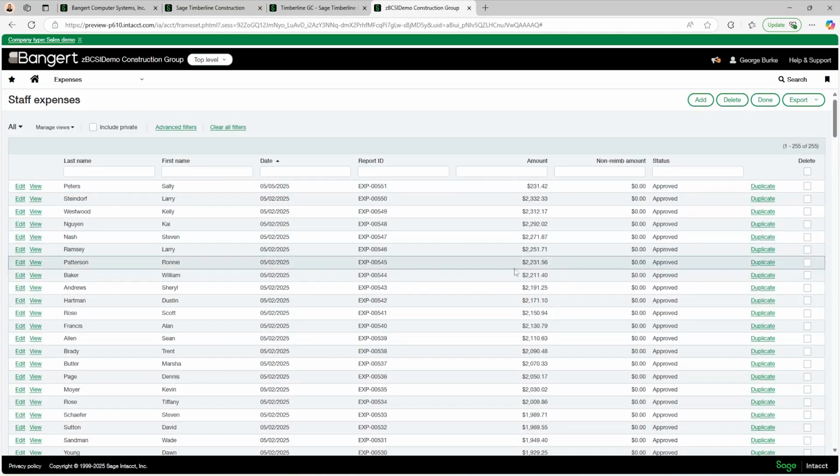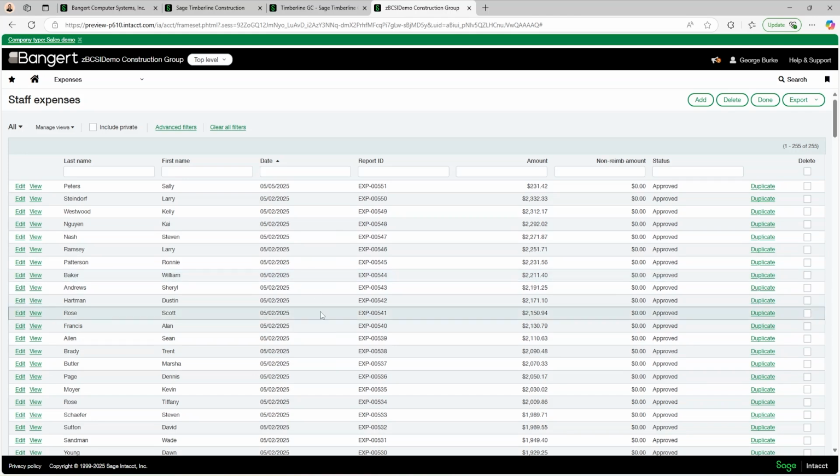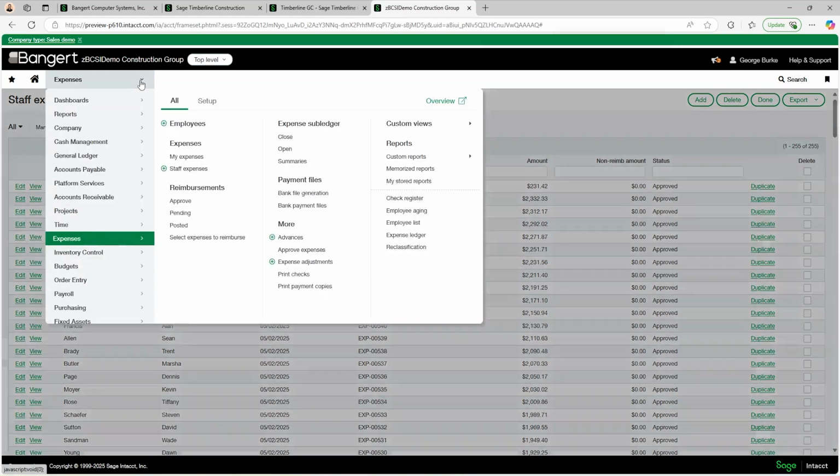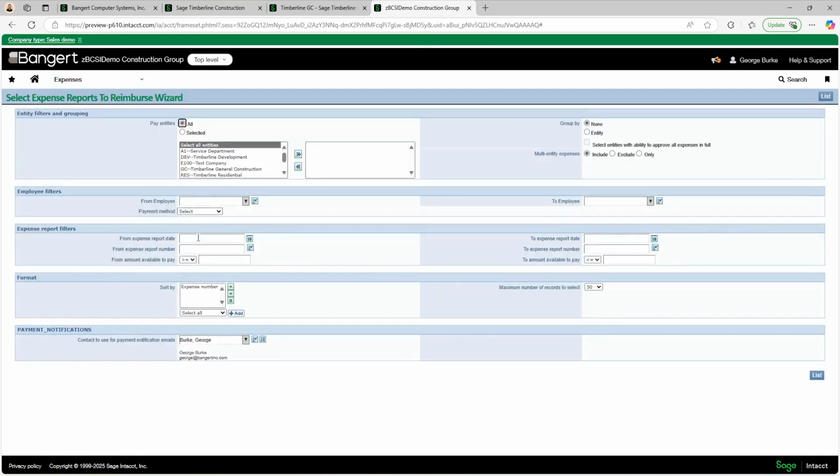Now that I have all my expenses in here, some from payroll, one that I just entered in here, we can go and pay them out. We'll navigate to select expenses to reimburse.